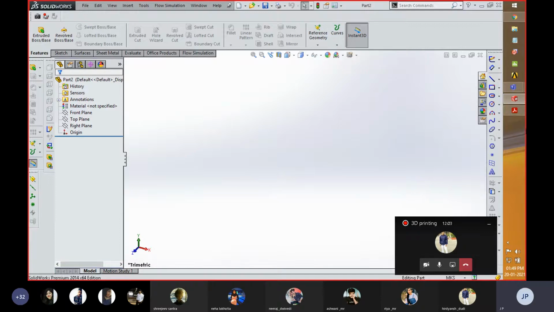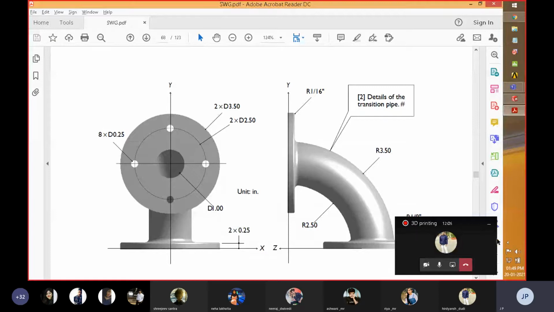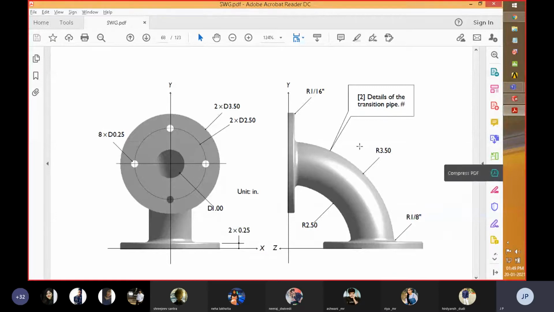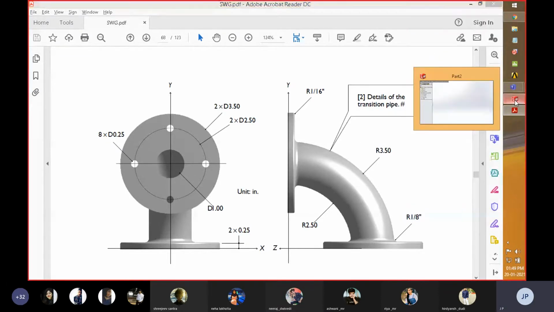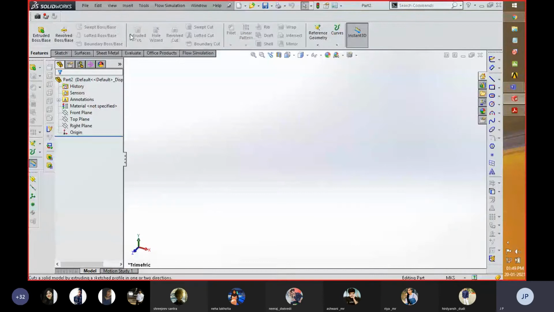And before that, I am going to design this part. So with respect to that, you get a better view of how we can use these tools for creating a component. Okay. Now you can see on my screen that these tools are unhighlighted, because the reference which is required to apply these tools on a part is not available right now. So as we create a first part in this workspace, these tools are activated.